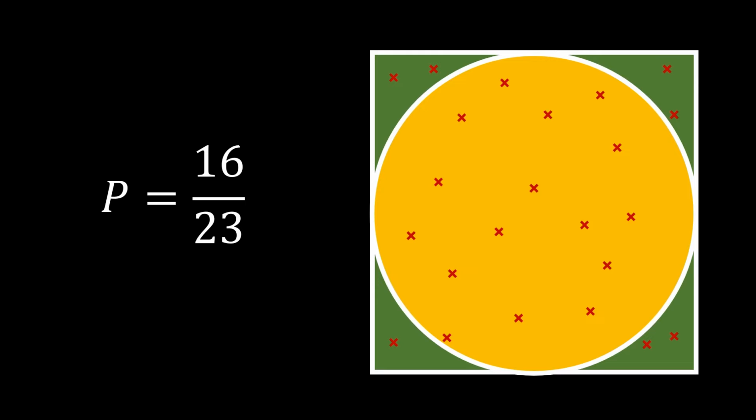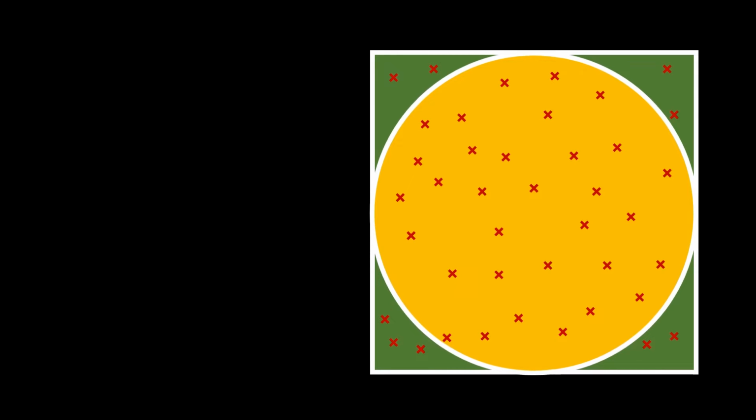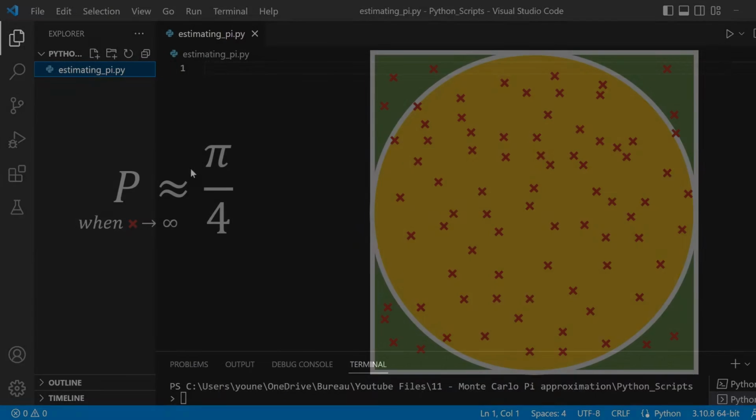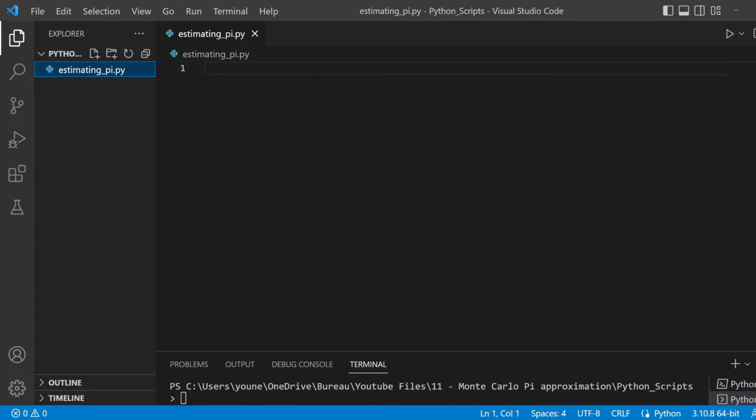Let's actually try and make the animation we saw in the beginning of the video using Python and simulate it up to, let's say, 1 million dots and see what we get. Right, so back in Python we go. Alright, so here we are in our Visual Studio Code interface. I've created a file called